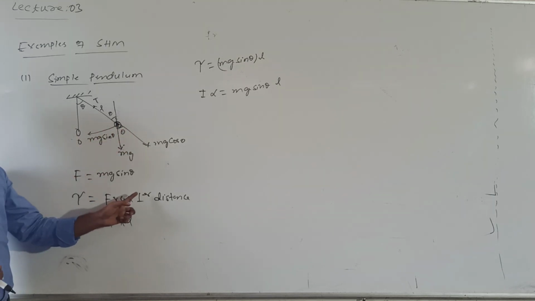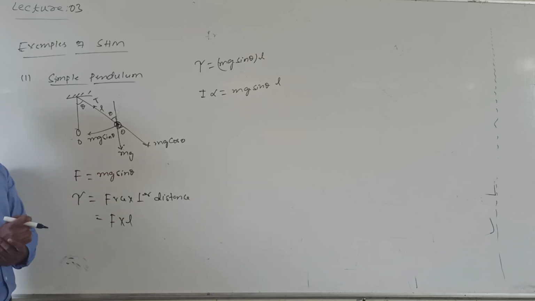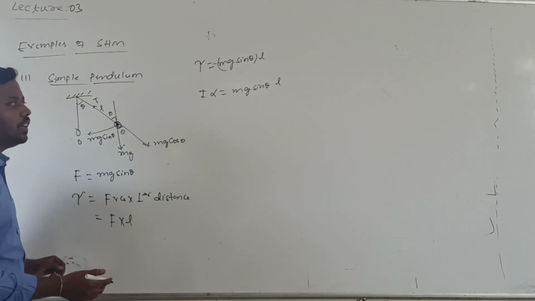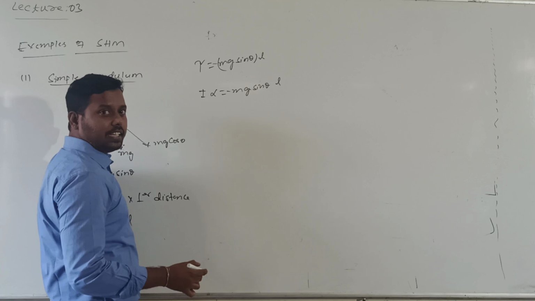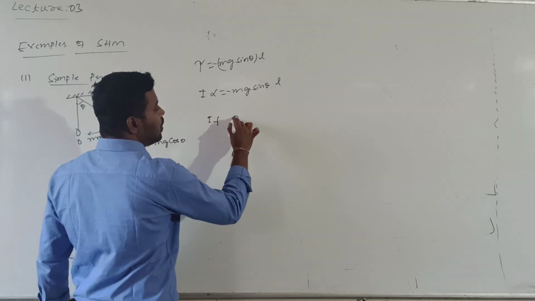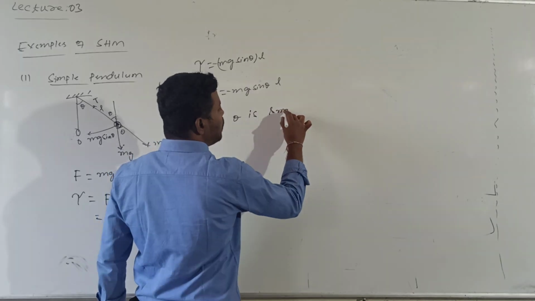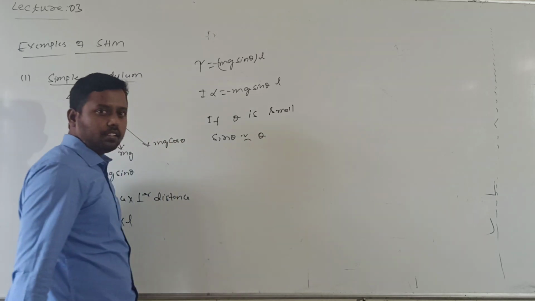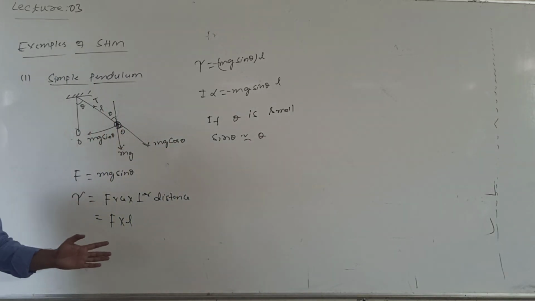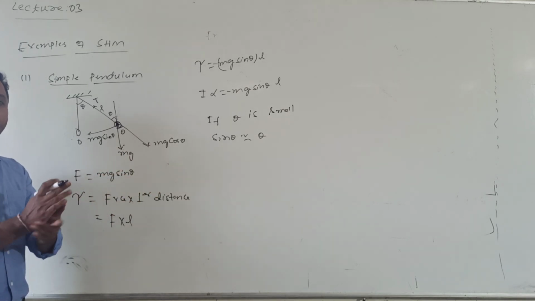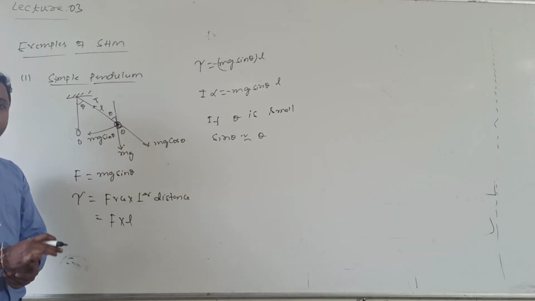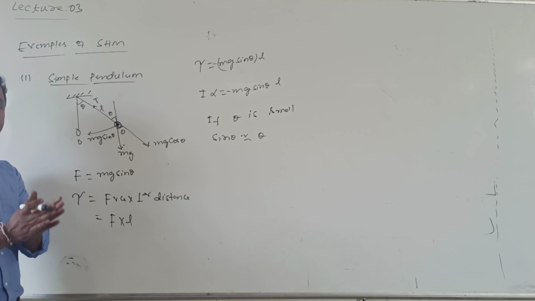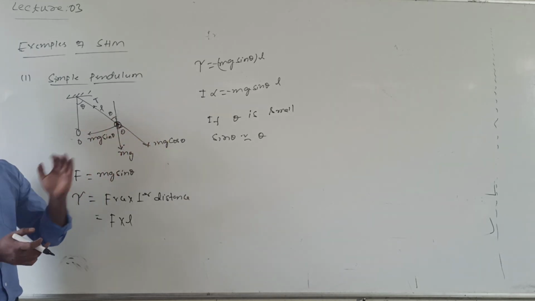The angle between force and displacement, how much? Both are in opposite directions. That's why I get minus m g sin theta. If theta is very small, we can take the approximation sin theta approximately equal to theta. Why am I discussing this derivation? For a simple pendulum and bob, and for a block connected to a spring, which you already derived in the subjective part, you needed to derive the expression for the time period. That's why I am showing this example.